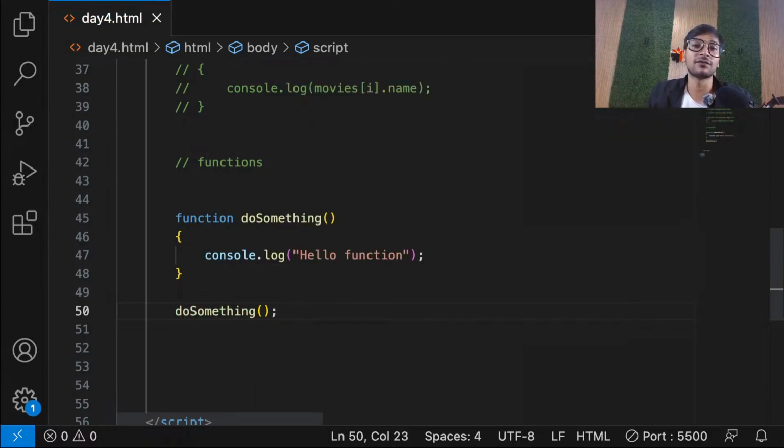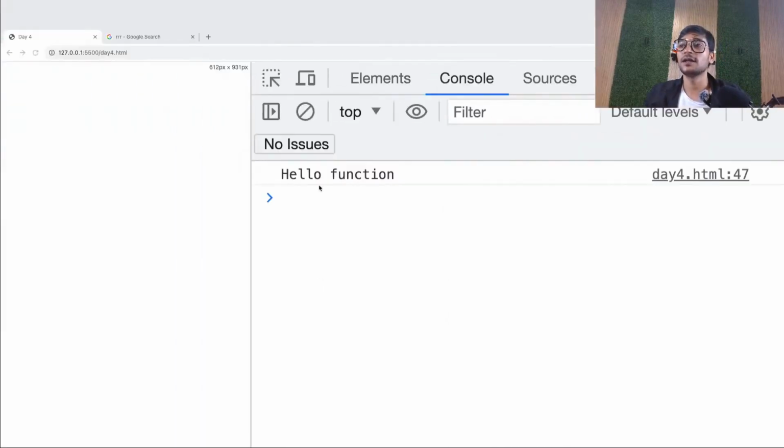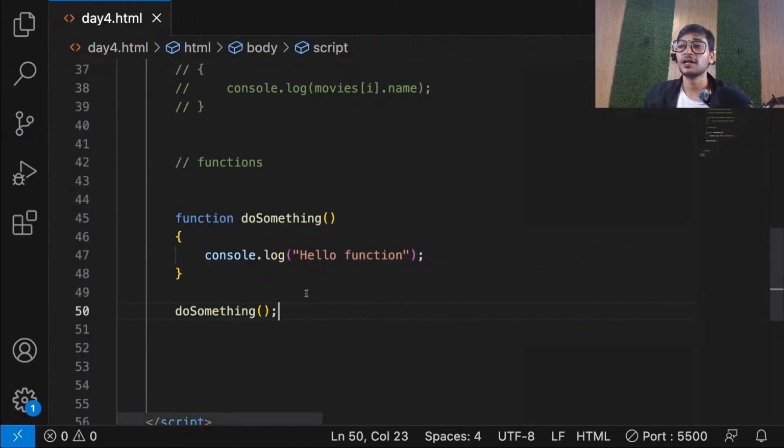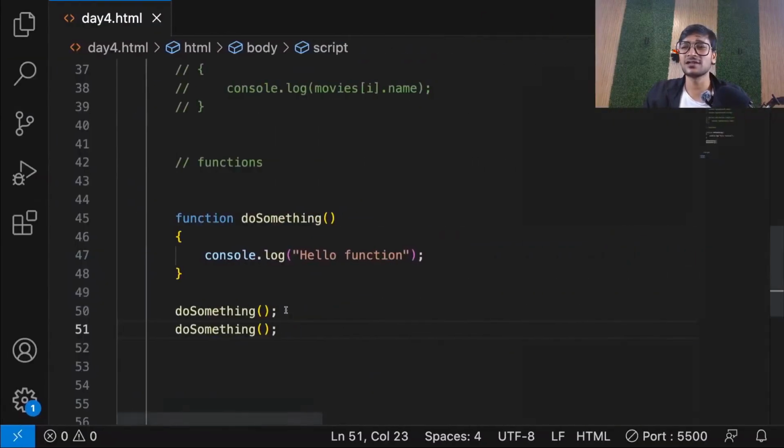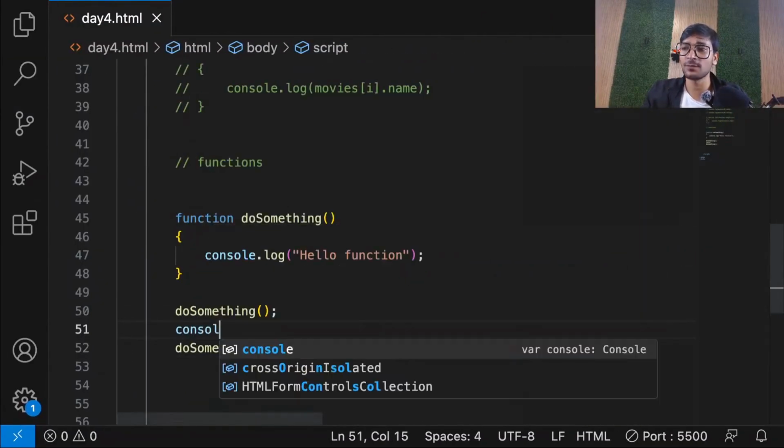Guys, that's how you call the name of the function. Just pass the name wherever you want. And now you will see it's working. And the best part, you can call it n number of times. See, 2 times, 10 times, 1000 times. And you can also have any code between them. For example,